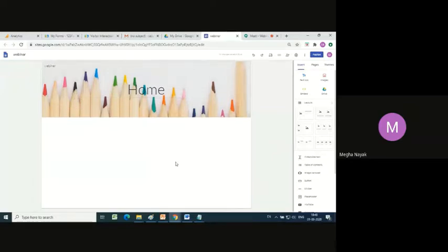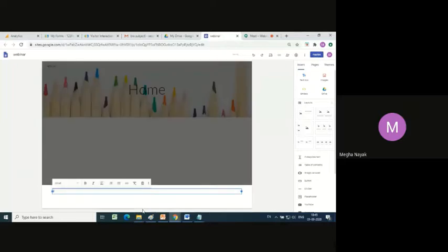Now let's go a step ahead and place a footer. Footer is a place where usually you put in all the information like contact, or developed by, or published by, like who has done the website for you. So I will go ahead and put a footer over here, and before I type in anything, you see these options here. This is a palette where you can give a color or an image.